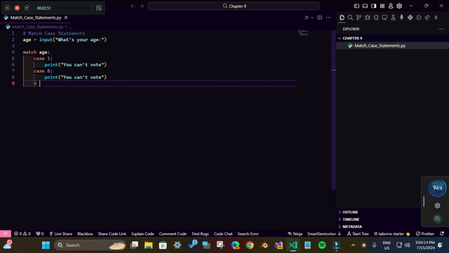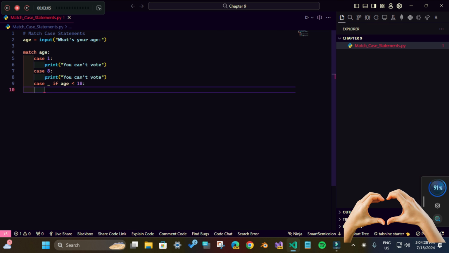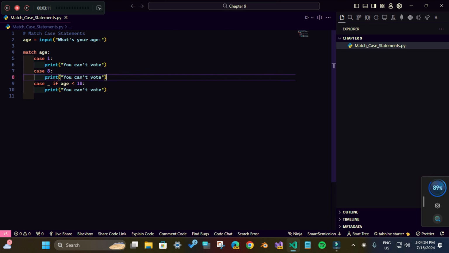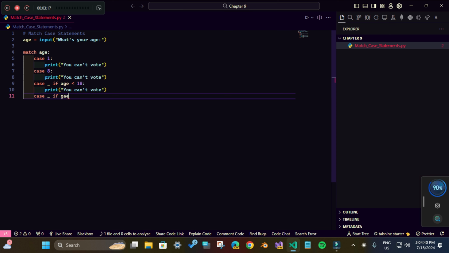Now another one is there, case if age, now this is like the conditionals you have to apply. If age is lesser than 18, print you can vote. So the previous statements will be nothing. If we write this, it is not required only. Now we will write case if age is lesser than 18, sorry, greater than equals 18, and age is lesser than 120,